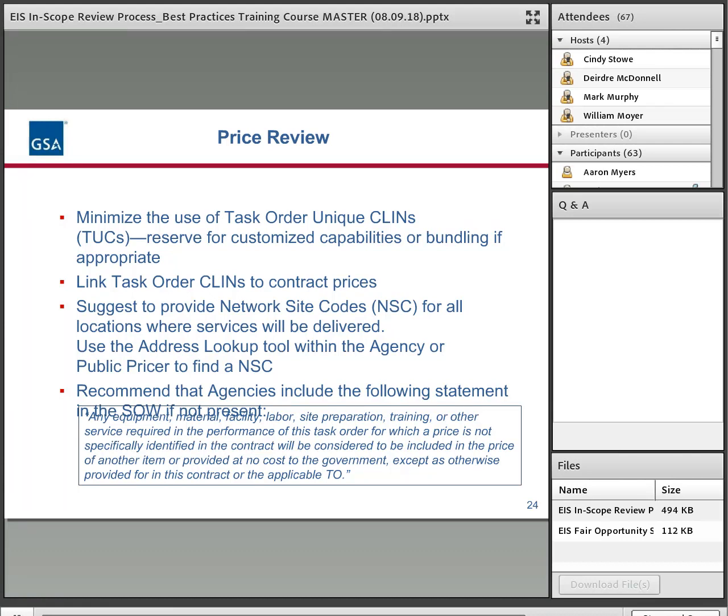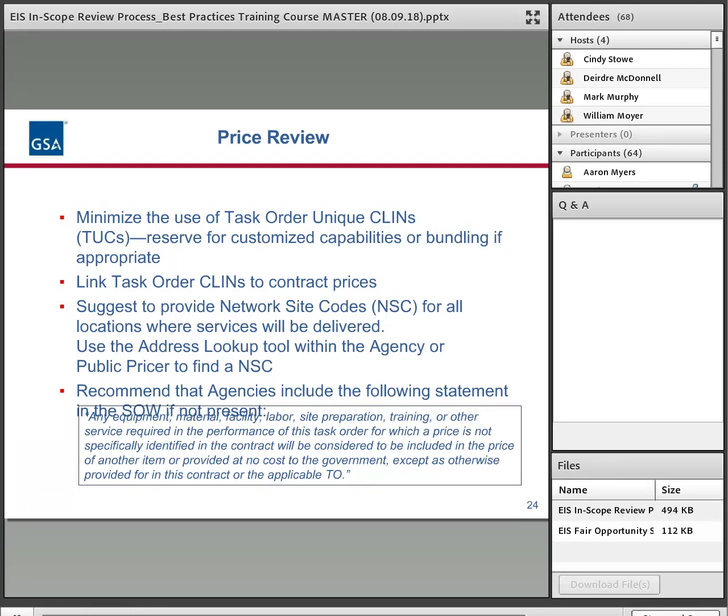So if you want to get the network site codes, we have those available through the pricers, where you can enter addresses and it will give you back site codes. And there's also a bulk loader tool where you can take a CSV file of your addresses and load it up, hundreds of them if you have them, and it can provide the network site codes for those locations.